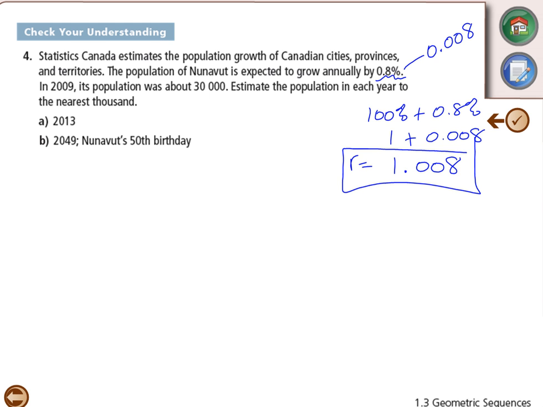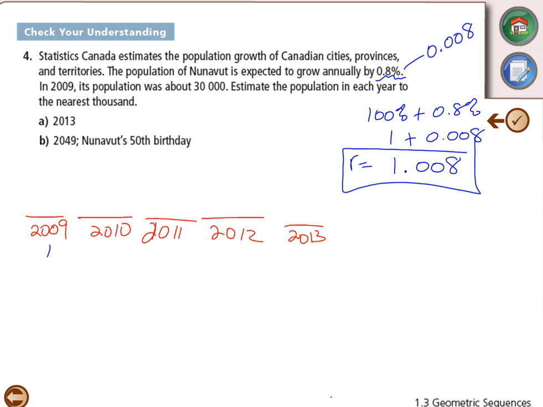So term number 1. Term 1 is 2009. 2010. And that's the one we want. This is term 1, 2, 3, 4, 5. That's the second tricky thing of a question like this. You can't just say